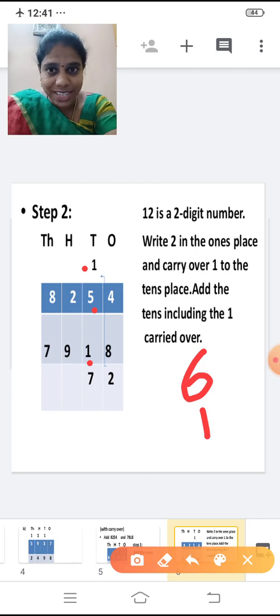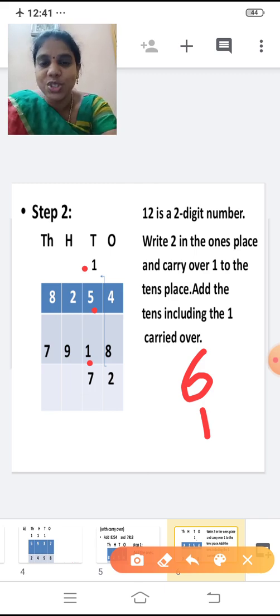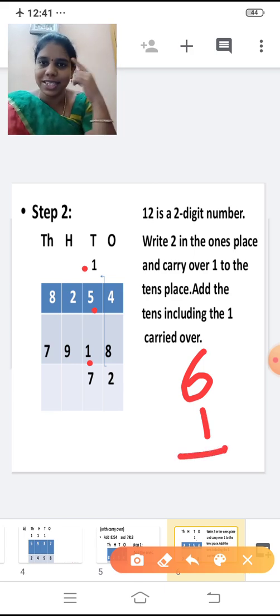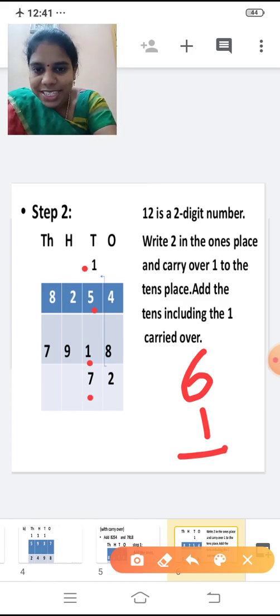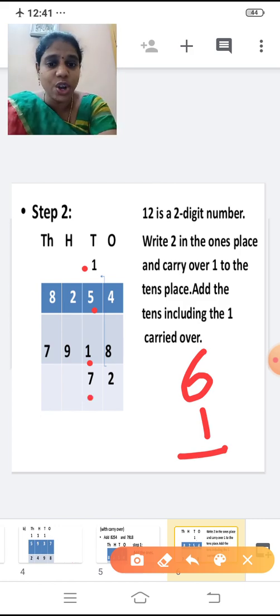So 1 plus 5 is 6. Now we are going to add 6 to the third number 1. So add 6 plus 1. Keep 6 in the mind. You're going to add 6 to 1. After 6, 7. So write 7 down. There is no carry forward here. As it is a 1-digit number, there is no carry forward. So write that number directly.